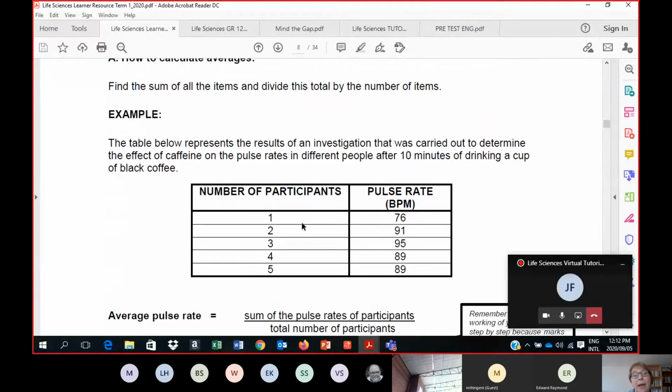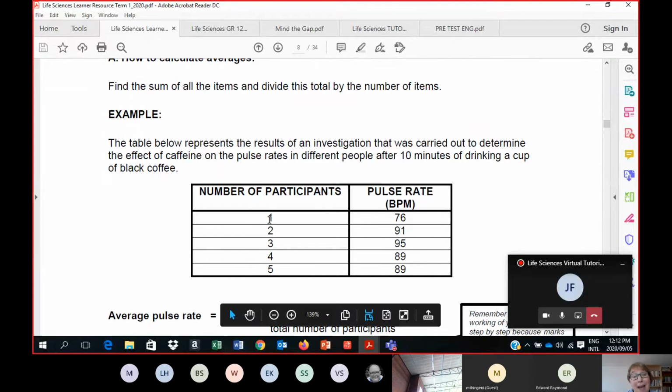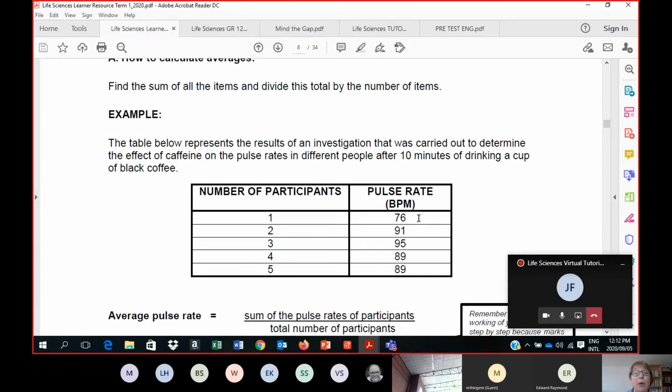In this table over here, they've got a number of participants, 5 participants, and then they've measured the pulse rate in beats per minute of these 5 different people. Now they want to know what the average pulse rate is. So what you've got to do is add these numbers, 76 plus 91 plus 95 plus 89